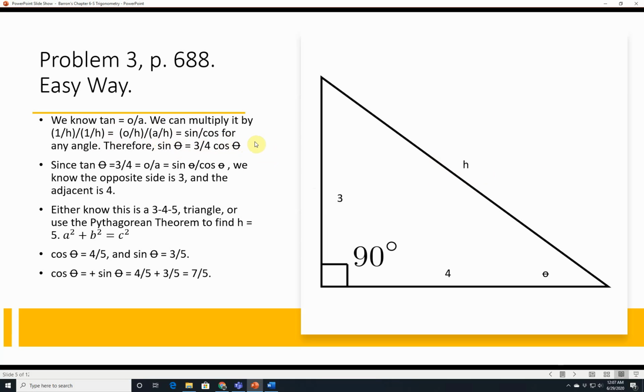Therefore, sine of theta is 3/4 of cosine theta. So since tangent of theta is equal to 3/4, O over A, we can actually probably just ignore this first part and say, okay, I know that this is 3, this is 4, so the opposite over the adjacent is 3/4. Since it's a 90-degree right triangle here, we know that this is just going to be a 3, 4, 5 triangle. If you don't recognize that right away, you can just use the Pythagorean theorem and go, the hypotenuse